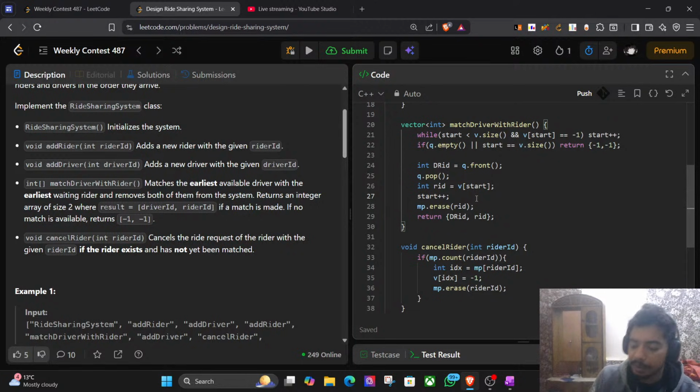That's why I'm checking first in the map and then I'm doing. So this was the third problem. I hope it is clear to you. Now